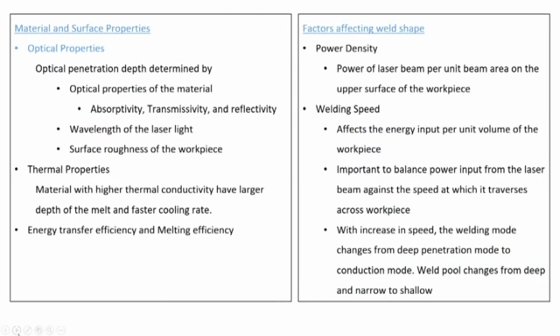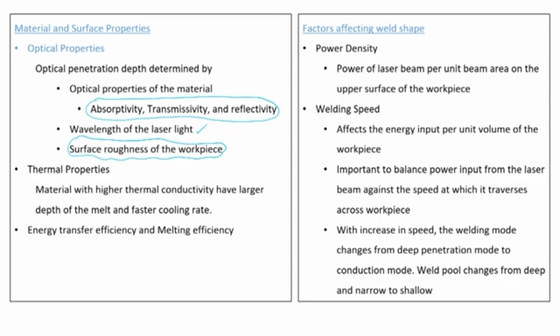When we consider the material or surface related properties, the optical properties, the three properties which are affecting laser welding are absorptivity of the material, transmittivity and reflectivity. The wavelength of the laser light is also affecting, as I already mentioned. Shorter wavelengths will get absorbed easily at a faster rate. Roughness: if the surface roughness is very high, then the laser is getting reflected, and those local reflections are also helping to increase the